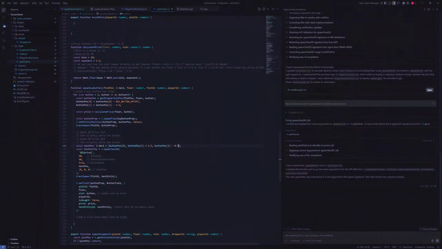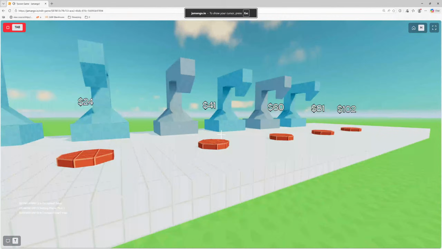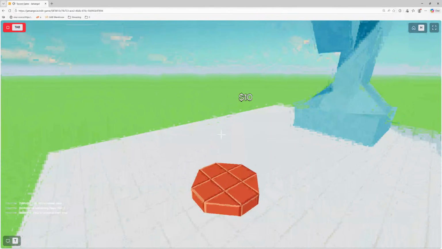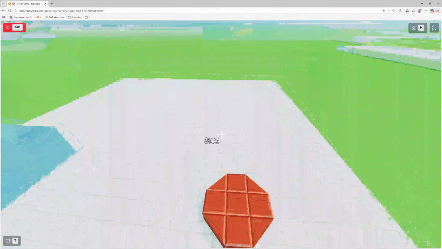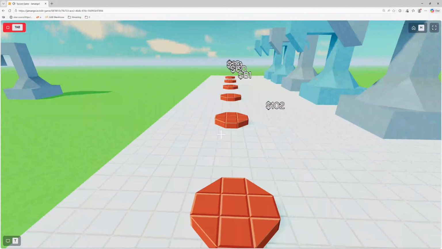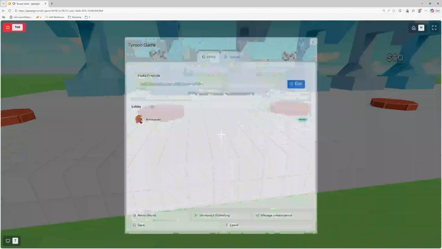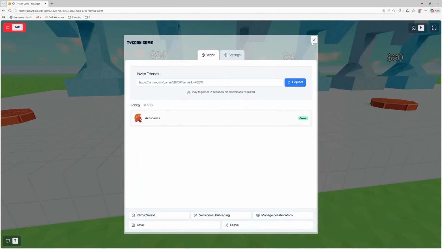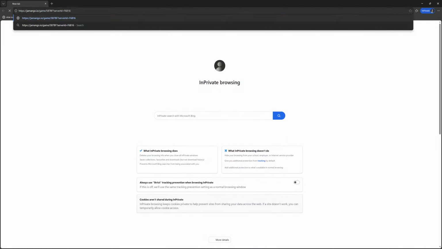Could make it a bit bigger. So 40. Yeah, that looks cool. Now I think, obviously, every player is going to see this, aren't they? What I'm just going to do, I haven't actually tested this. Just add a